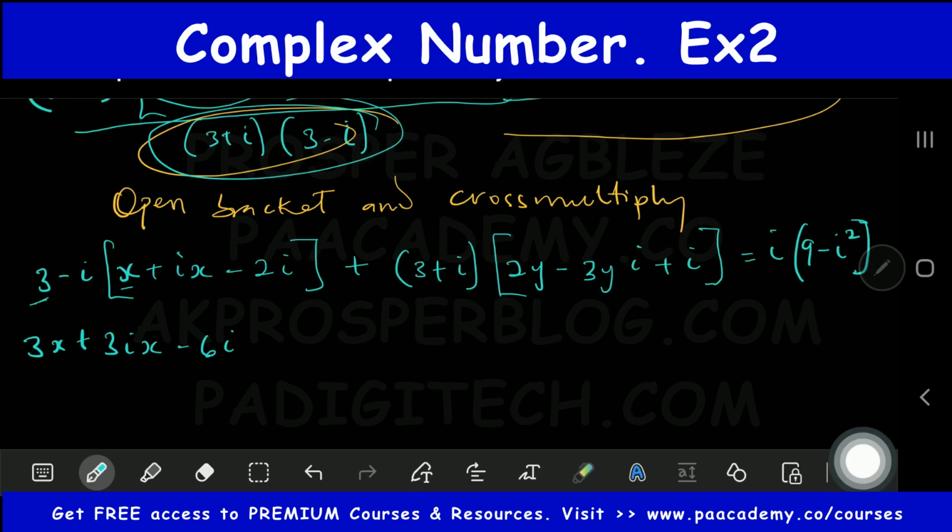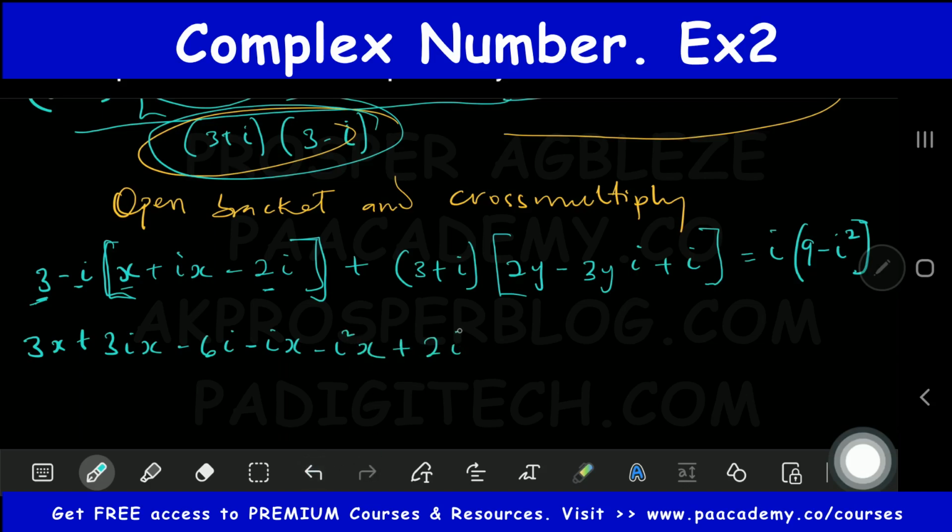Okay, so that's this 3 multiplied by minus 2i. So let's move to the next one, which is using this minus i to multiply everything inside this square bracket. So that will give us minus ix minus i squared